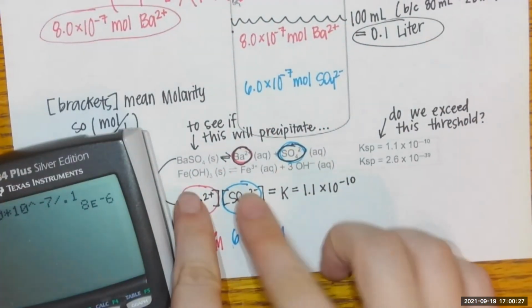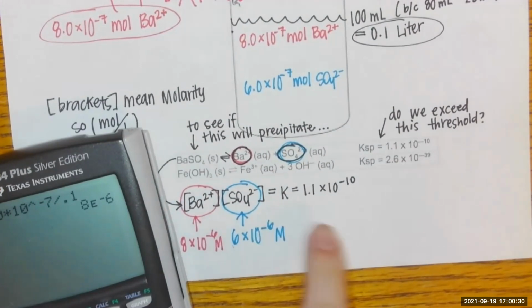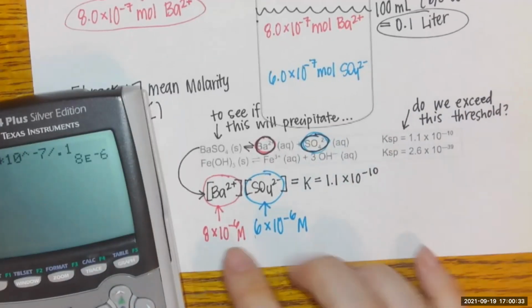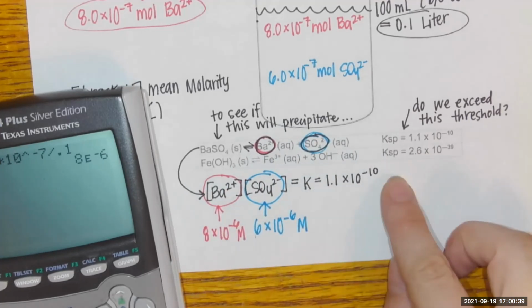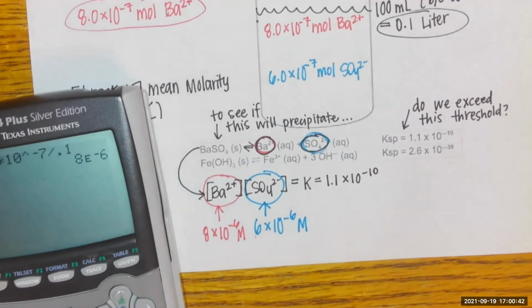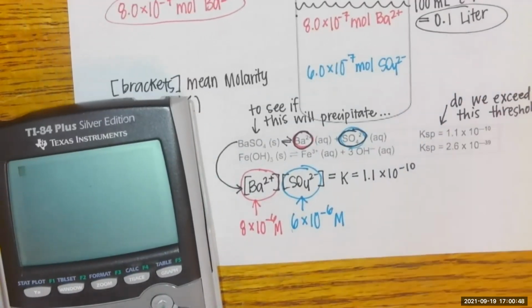I'm plugging in the molarities. And let's see, because if this number, when multiplied together, is greater than the threshold, then we get a cool precipitate. But if not, then we don't. So 8 times 10 to the negative 6 multiplied by 6 times 10 to the negative 6. All right, moment of truth. Equals,